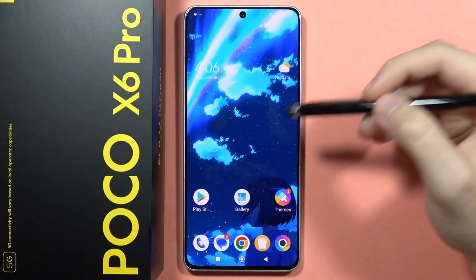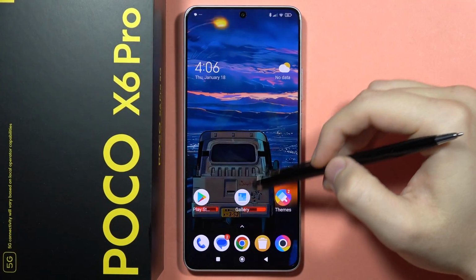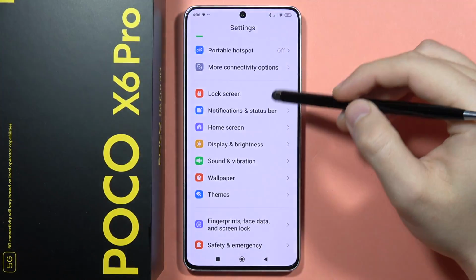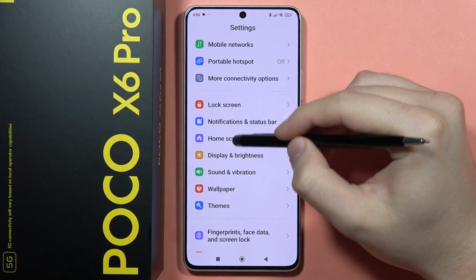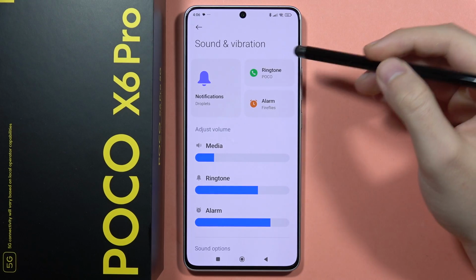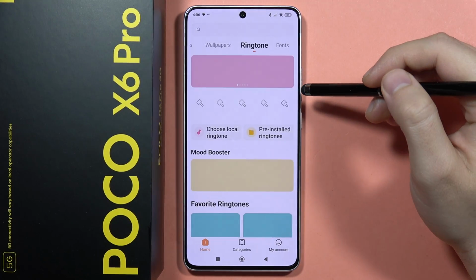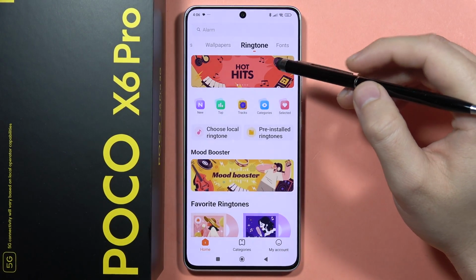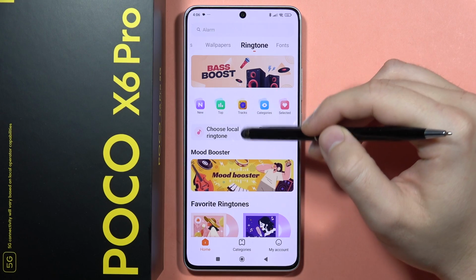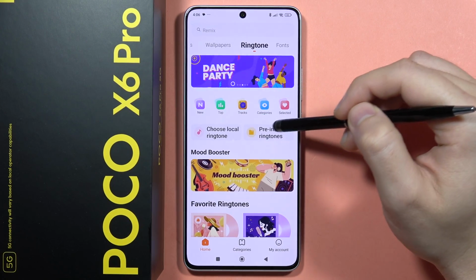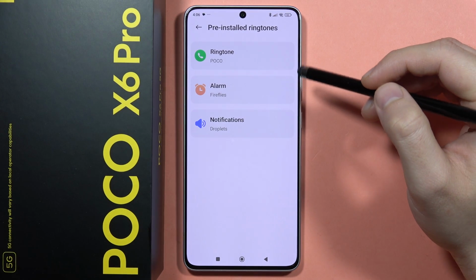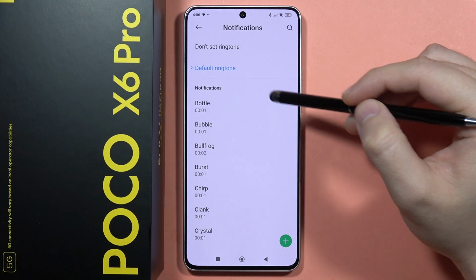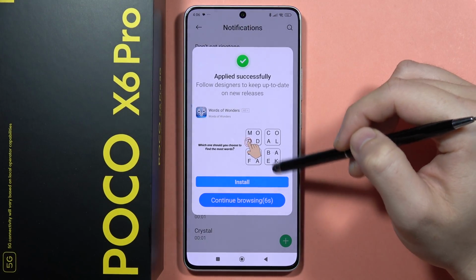Hey, if you want to change the notification sound on your POCO X6 Pro, first of all, you'll have to go to the settings, and then from here, you'll have to scroll down and go into the sound and vibration. Now click on the notifications, and as you can see right here, we get the option to choose the local ringtone or pre-installed ringtones. So let's select the first option, and from here we've got the notification sounds, and that's how